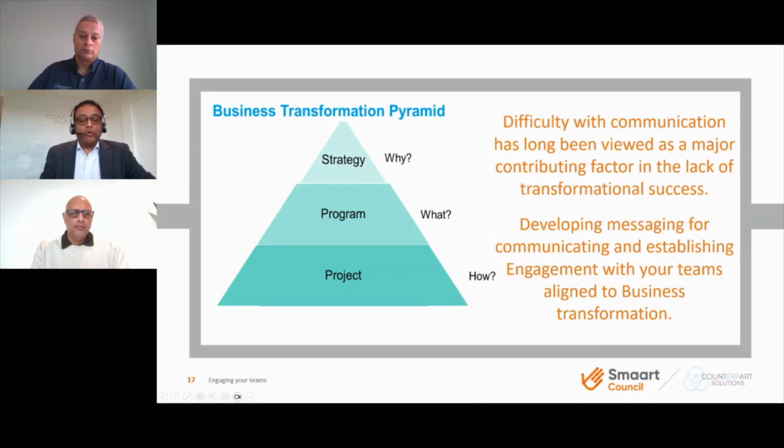Then we have the program, which answers the what, the focus on what and when aspects of the transformation. It outlines the specific initiatives, milestones, timelines, because if a program is implemented over the period of 2 years, we need to know the milestones and the change that happens during this 2 year period. And also if you're doing the front office or the back office or the piecemeal, we need to map the journey at a program level so that the stakeholders are engaged and the staff are engaged.